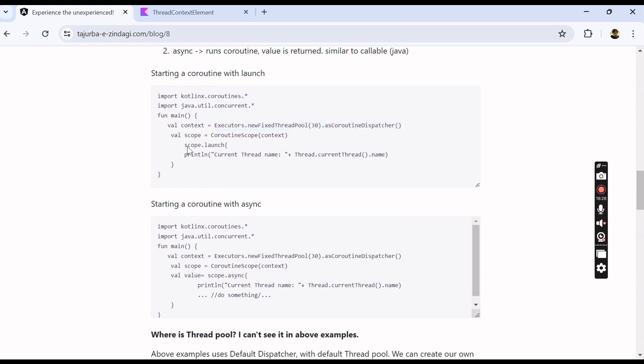Here we have used the launch keyword, and everything is similar for async. The only difference is that async will return a value. We'll look further into what the context is, what the scope is, and what the various values are which we can provide. But this is a basic implementation of a coroutine, where we want to launch a coroutine based on our own thread